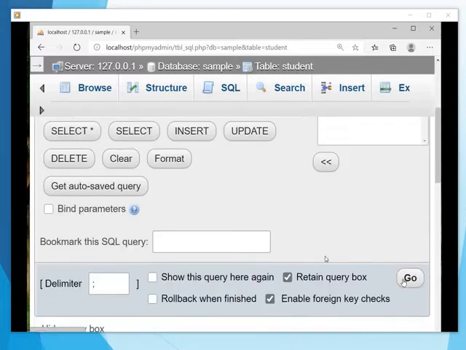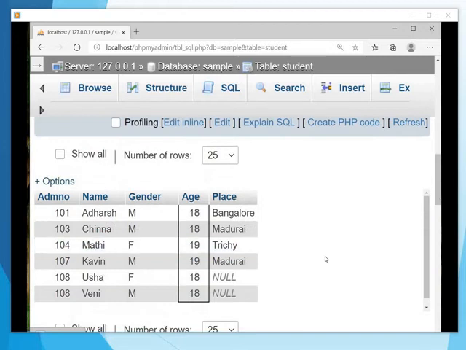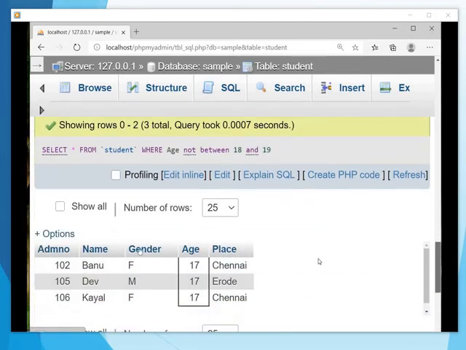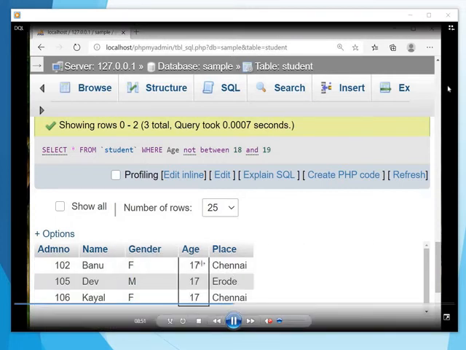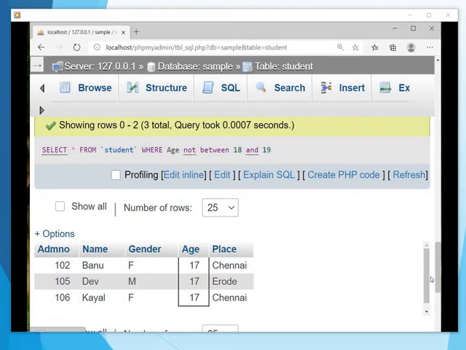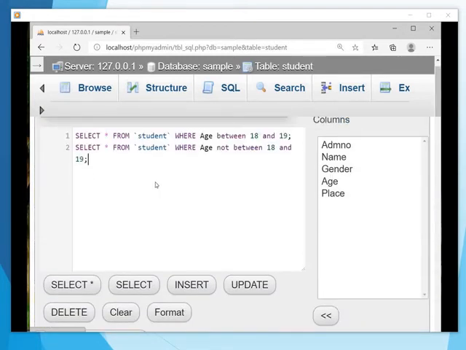Execute the query. First it is 18 and 19, and next is only 17, because it is not between 18 and 19. So are you able to follow me? If you execute these commands by yourself, you will feel happy and enjoy taking the records based on your own conditions.